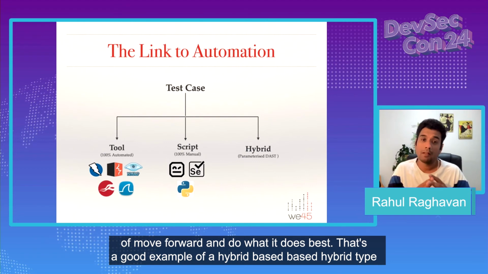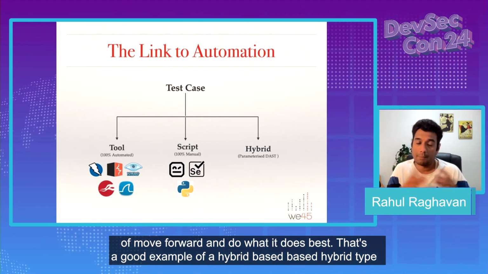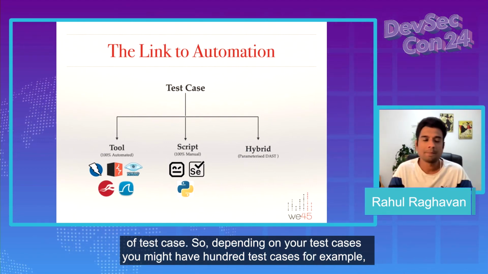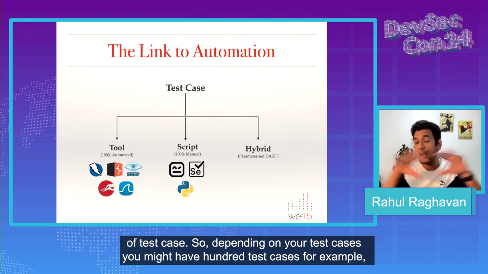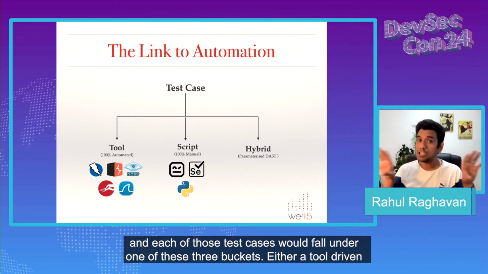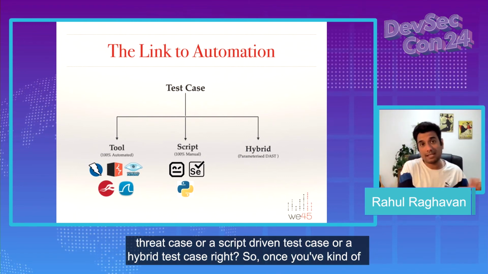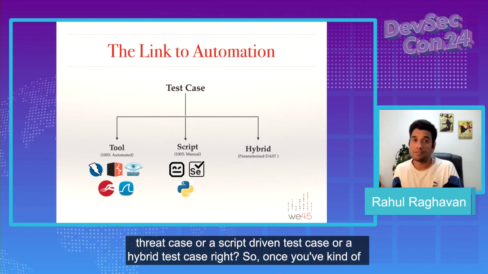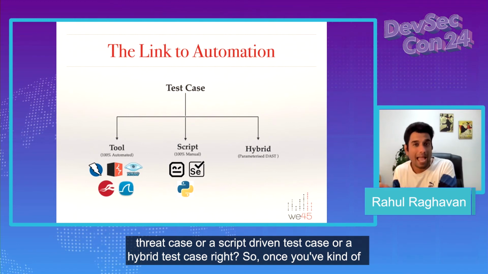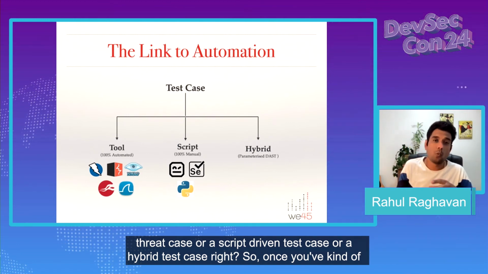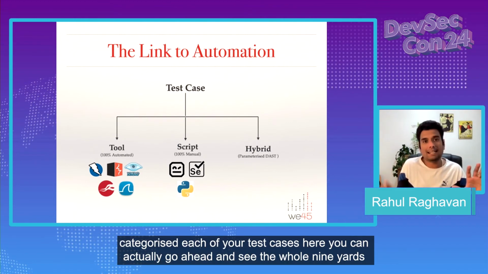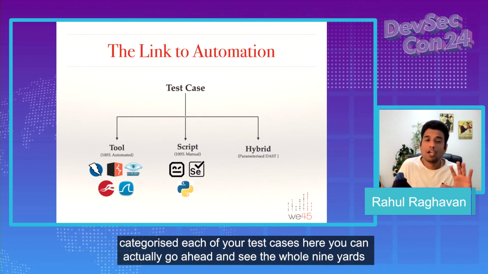That's a good example of a hybrid type of test case. So depending on your test cases, you might have 100 test cases, for example, and each of those test cases would fall under one of these three buckets: either a tool-driven test case, or a script-driven test case, or a hybrid test case, right? So once you've categorized each of your test cases here, you can actually go